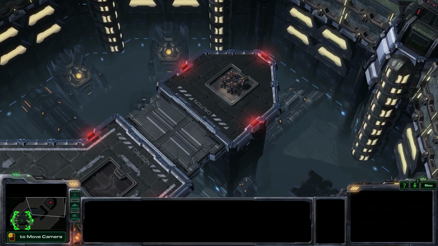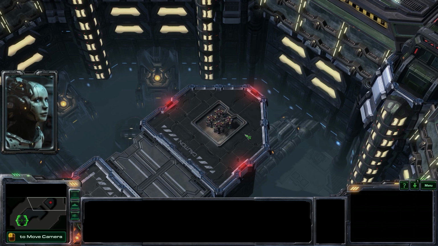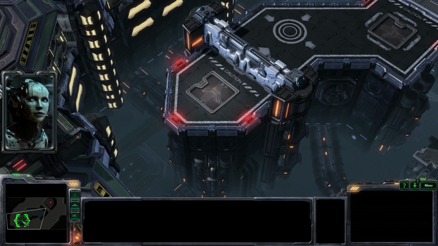So we've learned how to move the camera by moving our mouse. Please use the minimap to adjust the camera's position. You got it, Adjutant. Thank you. They're trying to teach you how to use the minimap here. Left-click on the minimap to...